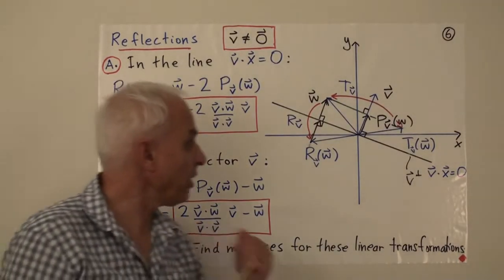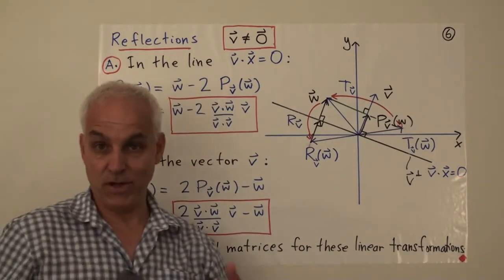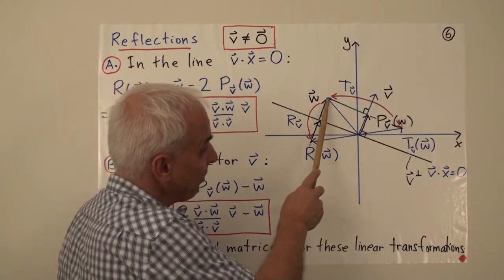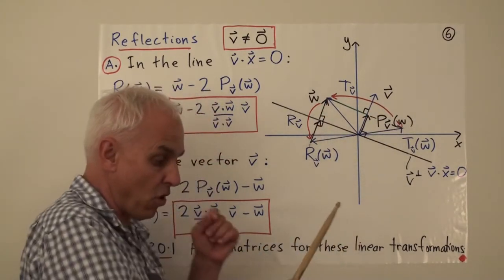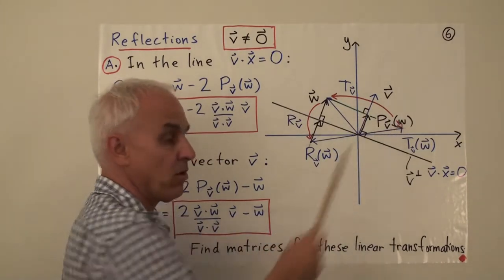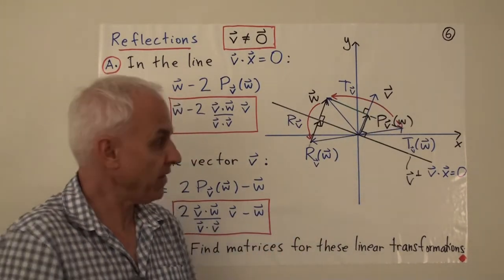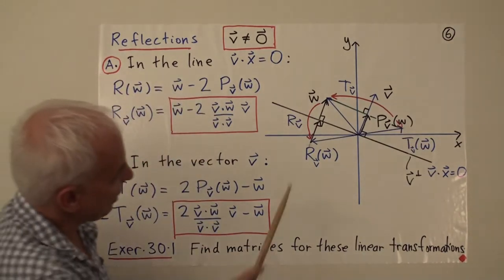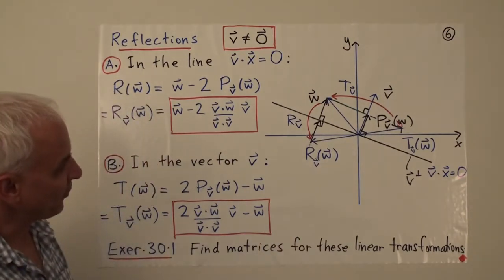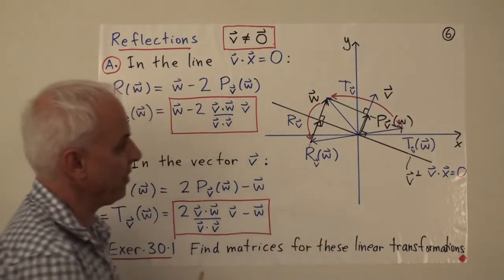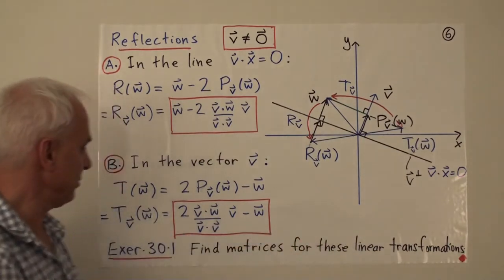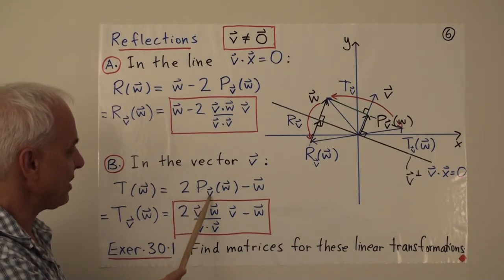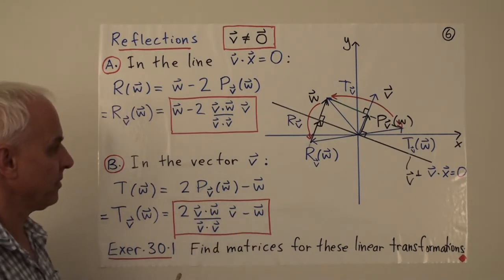Now somebody might come along and say, well, there's also another possible reflection that we could do. Here we have the vector v. Couldn't we also reflect w in the vector itself? In other words, sort of go towards v and then an equal amount the other side. Well, that's another type of reflection that we might find useful. And if you stare at the geometry, I think you'll convince yourself that, in fact, this thing here, let's call it t sub v of w, the formula is just the negative of this one. 2 times p sub v of w minus w.